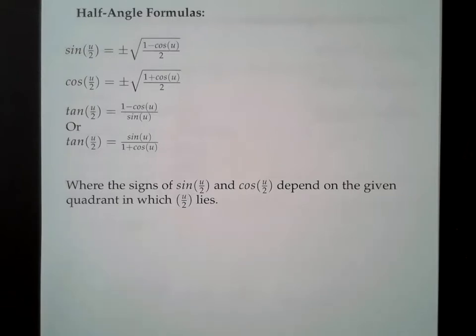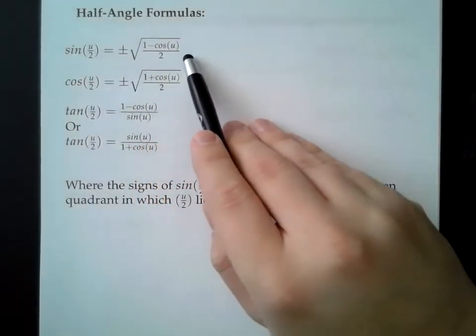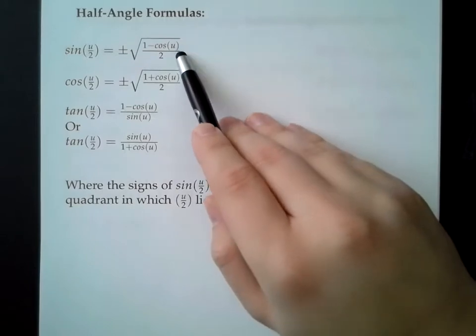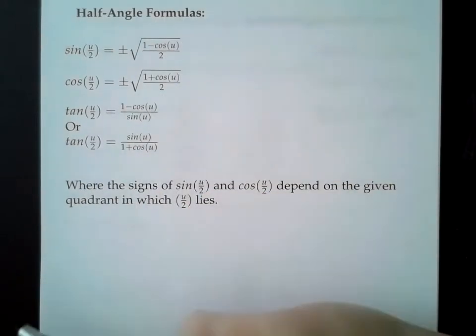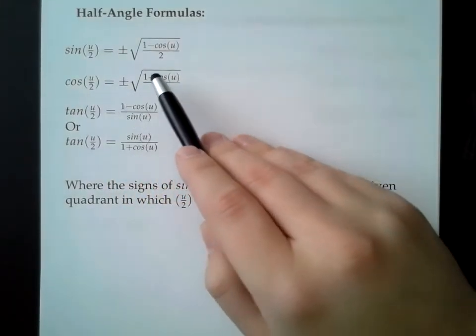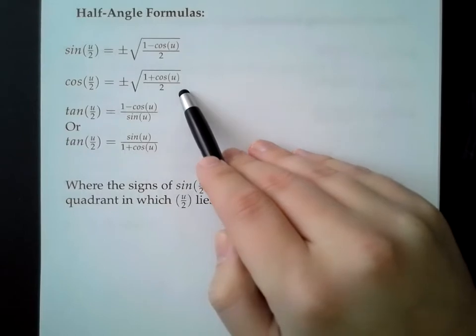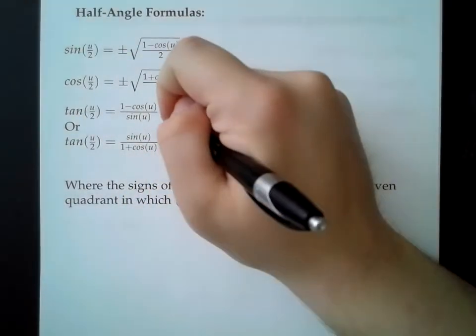trigonometric settings. So we have sine of u over 2 is equal to plus and minus the square root of 1 minus cosine of u over 2. And you're going to notice this looks a lot like our power reducing formula does. Then we're going to have cosine of u over 2 is equal to plus and minus 1 plus cosine of u over 2. And then we have, just like we did before, we're going to have a couple of different